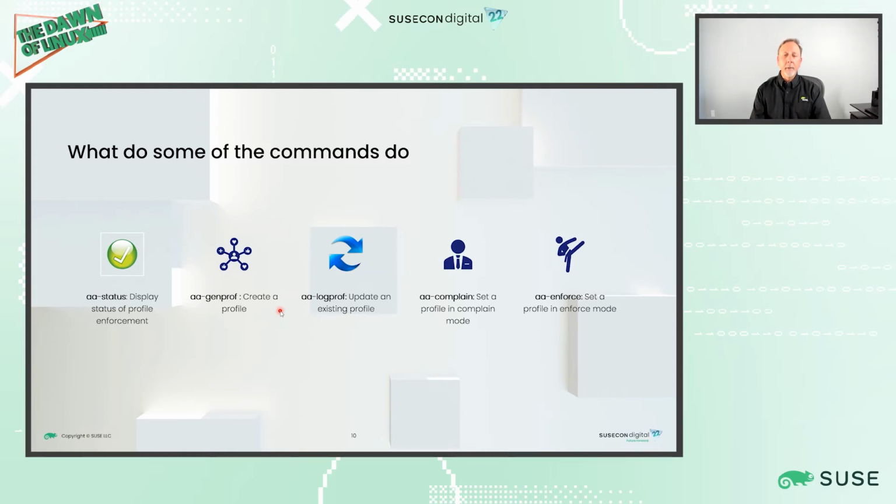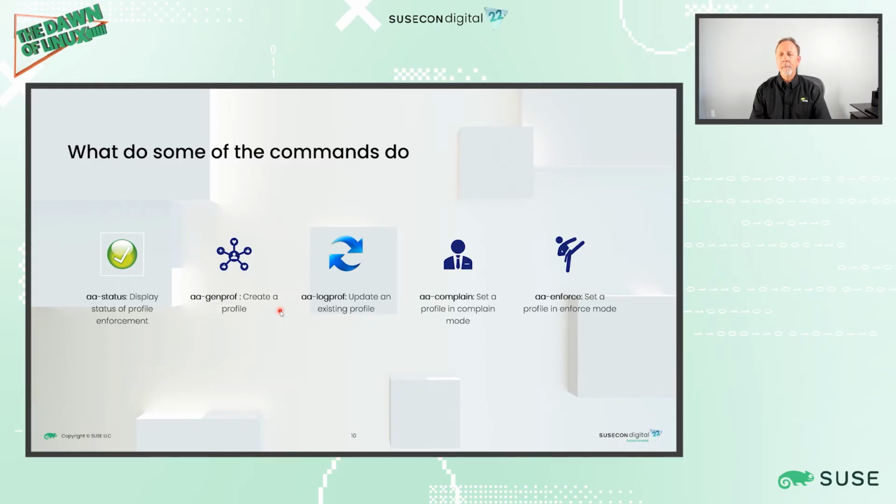I've got the aa-complain utility, which lets me take a profile and put it into complain mode so that it's not enforced any longer, but at least logs the activities and things that are going on so that I can see what's going on with that particular application. Let's say I do an upgrade to an application and now there are some functions that don't work because they're new and I didn't profile them the first time around, but I don't know that yet because I don't know what's new, what's not new. The aa-complain mode is a good helper in troubleshooting those kinds of